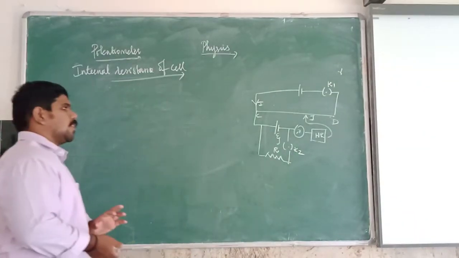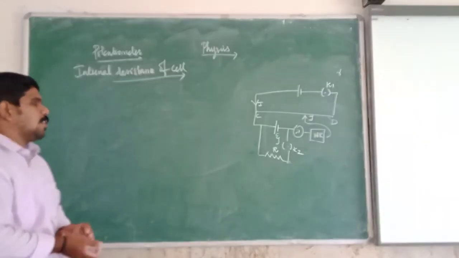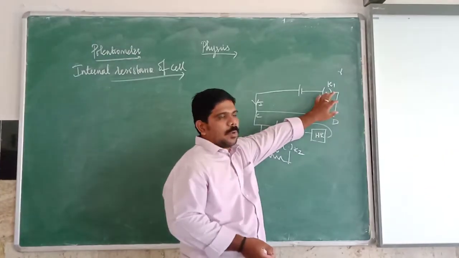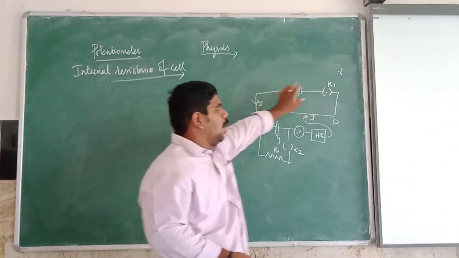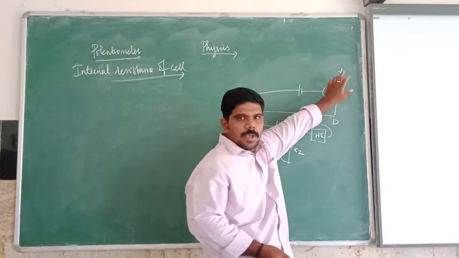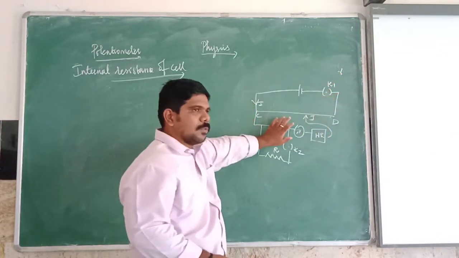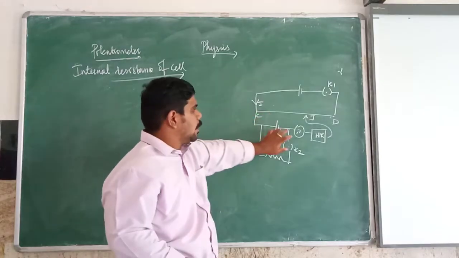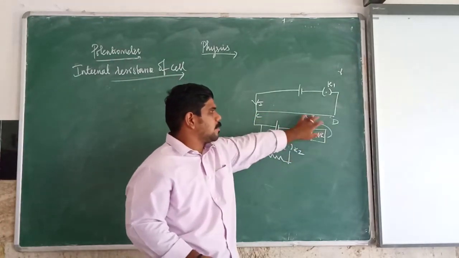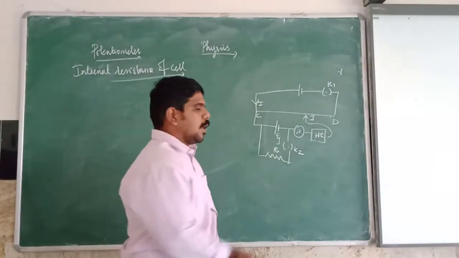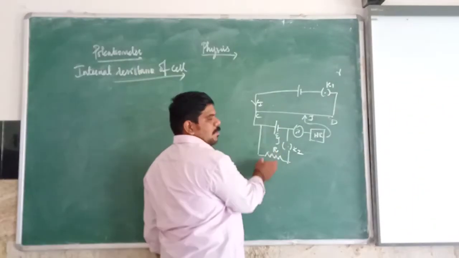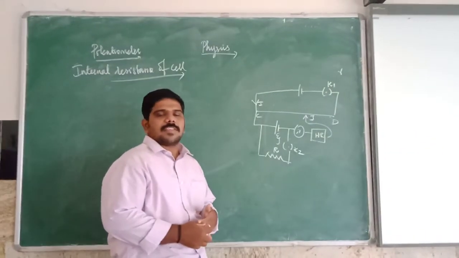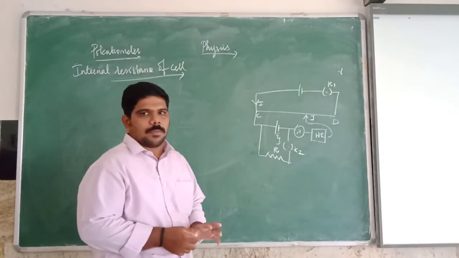So what are the construction parts here? The positive terminal of the battery will be connected to the C end. The negative terminal of the battery will be connected to the D along with the key K1. I is the current flowing through the circuit, r is the resistance per unit length of the wire. The cell whose internal resistance we are going to determine has its positive terminal connected to C and its negative terminal connected to the galvanometer with a high resistance and a jockey. A resistance R is connected across the cell along with the key K2.